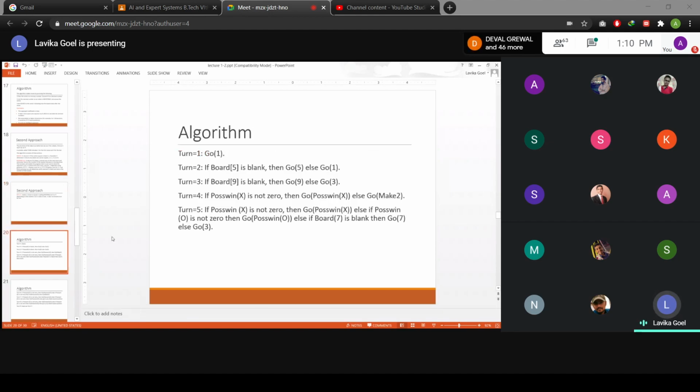So these are the data structures, or you can say the functions that we will be using. Now let us see the strategy. So the strategy is that each player is still playing its turn. So if it is the first player's turn, let us say X is the first player and X is the odd numbered player basically because it's the first player, and O is the even numbered player. So when turn is even, O will play. When turn is odd, X will play. So when turn is 1, so X comes and it tries to play a strategy of playing in the center